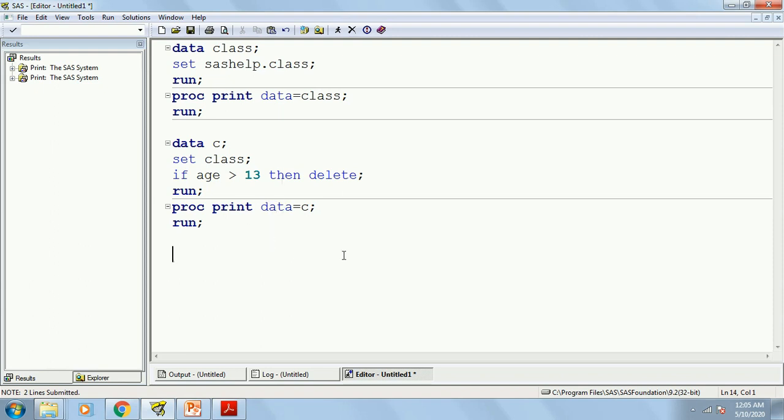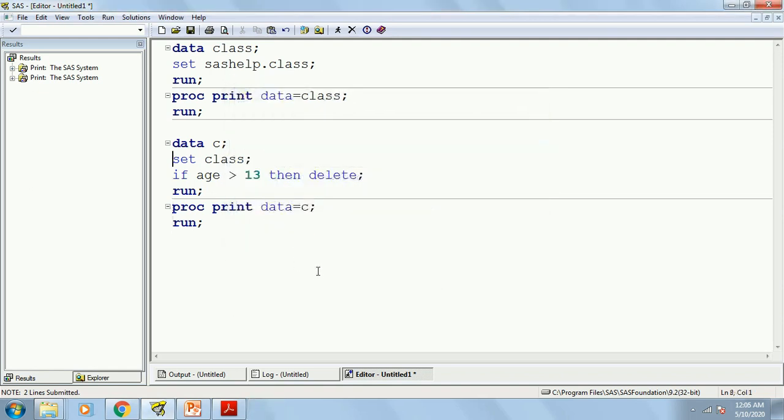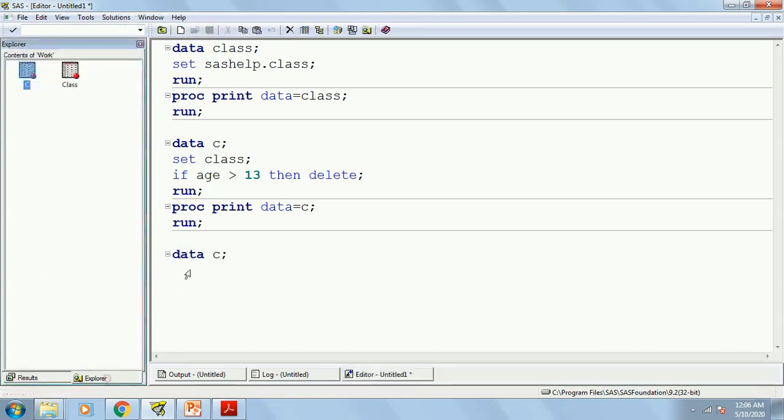So what I can write, I can simply copy this one, or I can write it again: data C. Again I'm writing data C, so this one is going to again replace this dataset of C. Okay, set class; if age equals to 15, I want to keep the 15 guys.